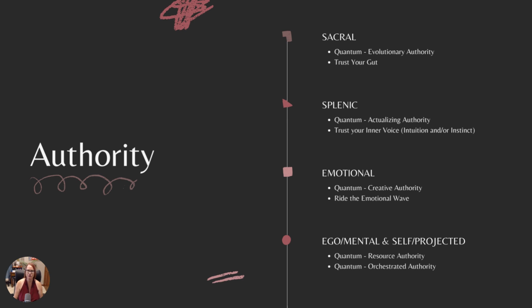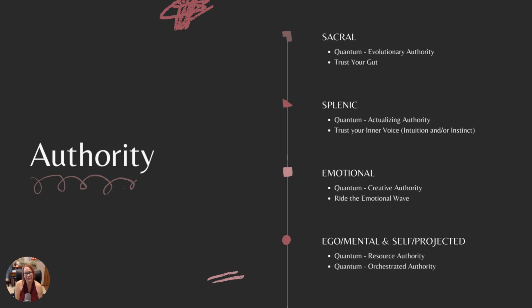Splenic's a little different. So we'll often talk about splenic as, oh, trust your gut, but it's different. It's like this inner voice that just out of the blue will say, go do this or go do that. So I use it as an example as you're driving on the freeway and your exit's like 2 miles up, but this voice says you need to get off here. And you're like, I'm not getting off here. That's like two miles away. But then you find out there's an accident. So that inner voice, that intuition, was telling you, get off so that you didn't get stuck in the traffic. So this splenic can be a really tough one because it's such a tiny little voice, and until you get really good at controlling that and hearing it properly, it can take time. So just be aware of that one.